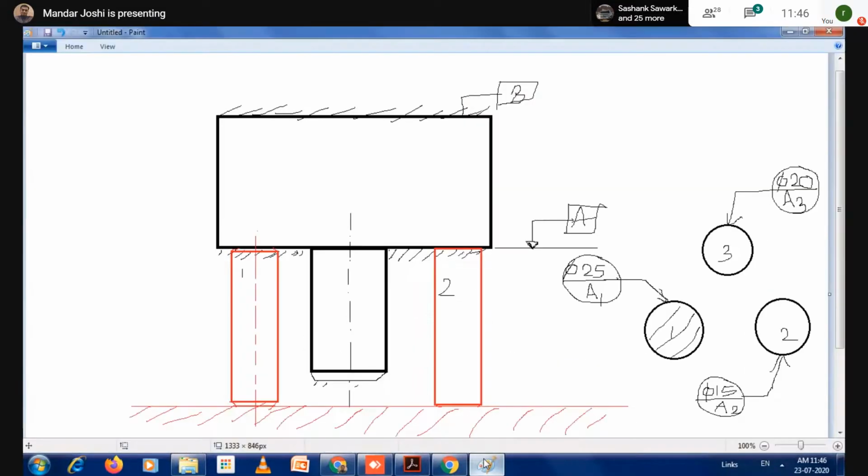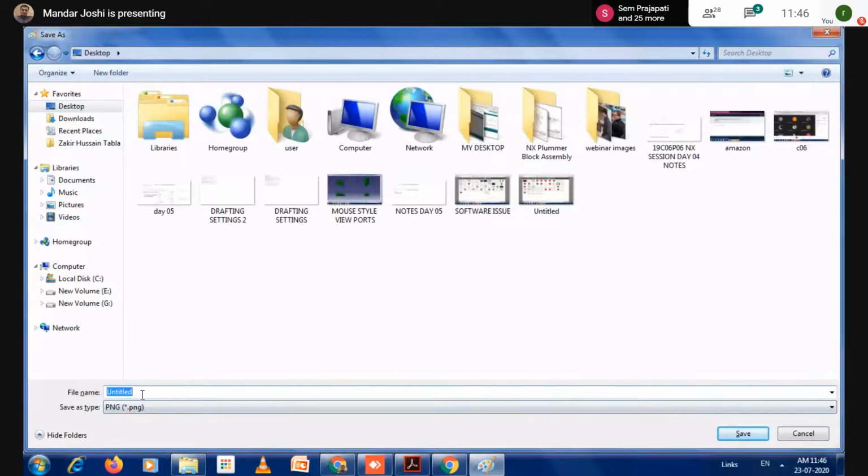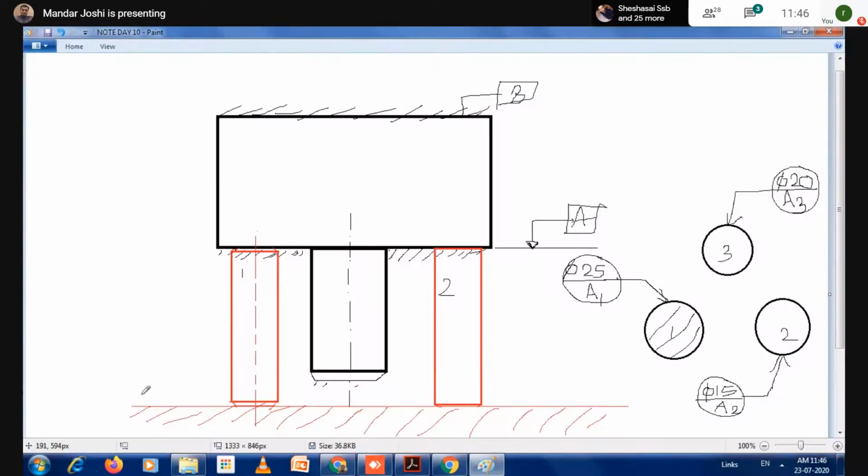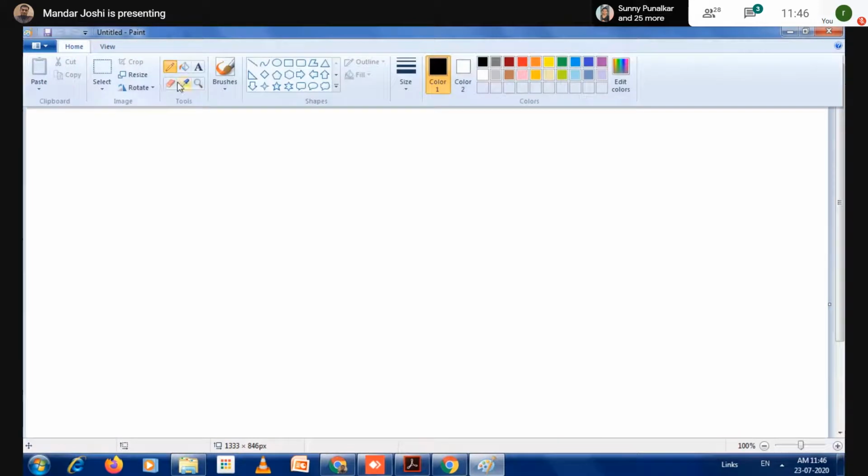So now you take a note. There are a total of 3 kinds of datum targets. Remaining parts we will complete in the next class. You take a note now. Day number 10. Types of datum targets.